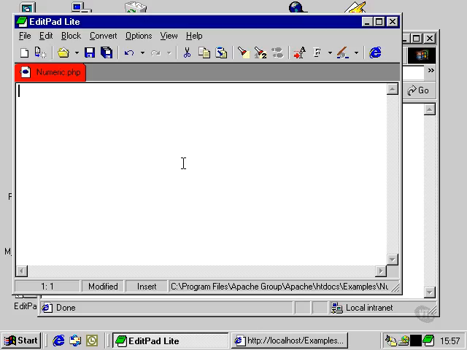In this movie, we're going to learn about some basic ways of manipulating variables, and we're going to introduce the concept of operators. First of all, let's look at the different kinds of data that variables can hold. So far, we've only seen string variables. That is, variables containing a series of letters or numbers or symbols that are treated as simply a string of text. Now, variables can also hold